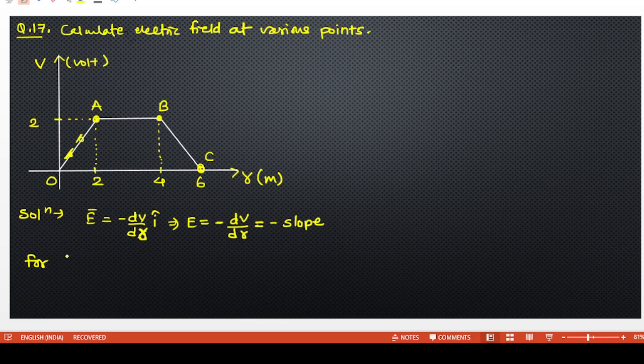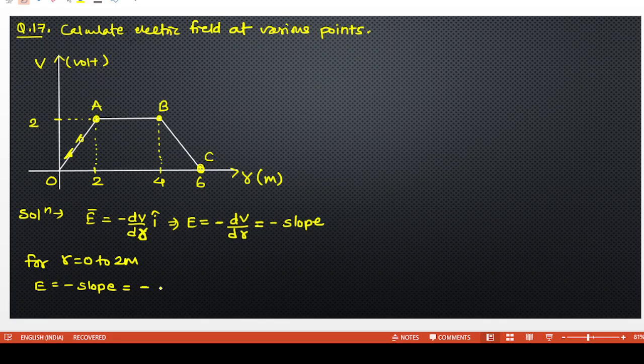For r equal to 0 to 2 meter, write with me. For all these positions, what will be the electric field? It is the negative of slope. For a straight line, you can directly find the slope as